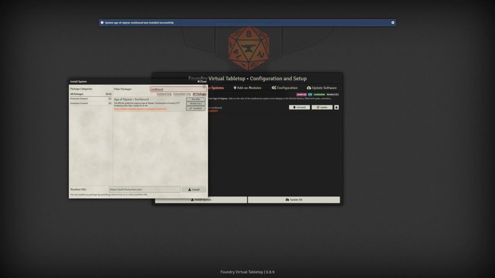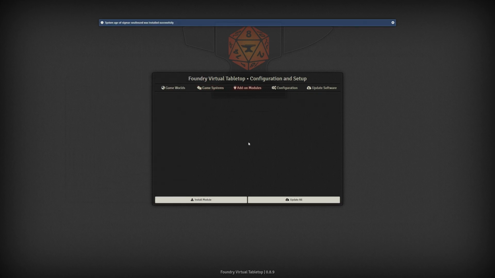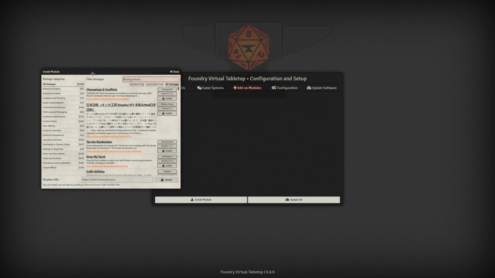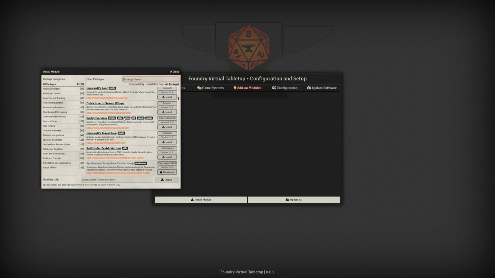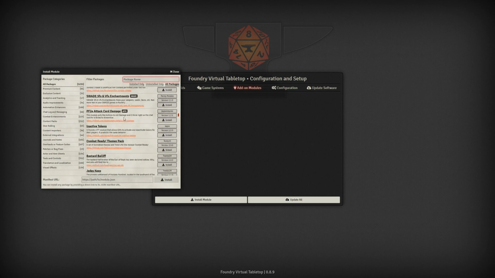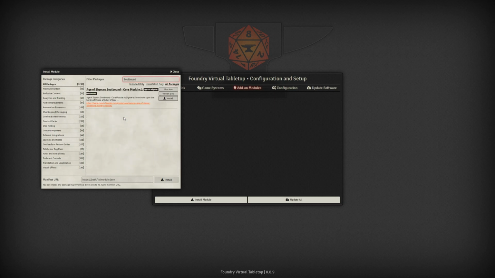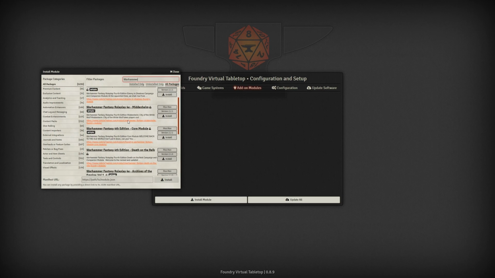Let's install that now. Modules are optional add-ons, and they can basically do anything, ranging from providing pre-prepared content to changing how Foundry VTT operates. There are over 1,000 free community-created modules, as well as dozens of premium modules. Some of you may be familiar with my Warhammer Fantasy modules, and the Age of Sigmar Soulbound core module is